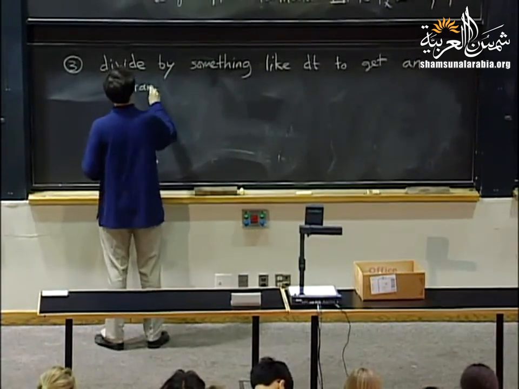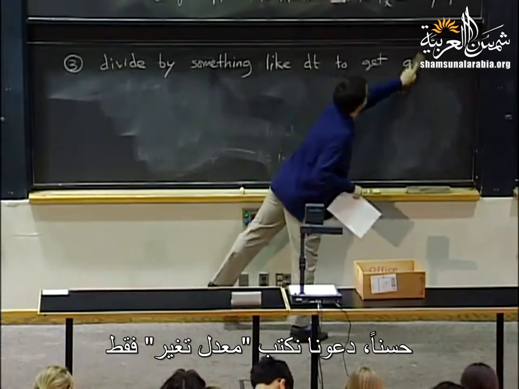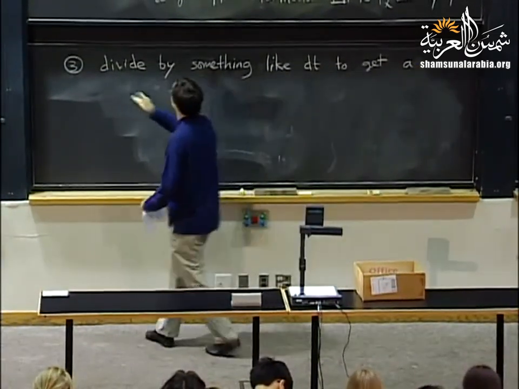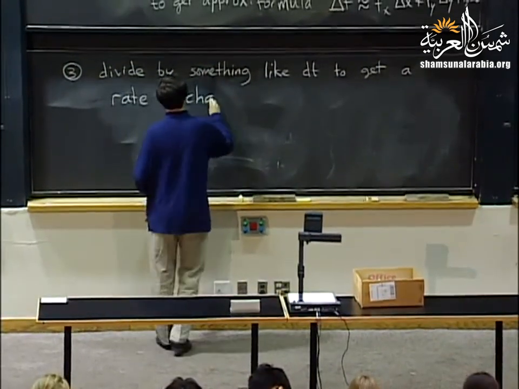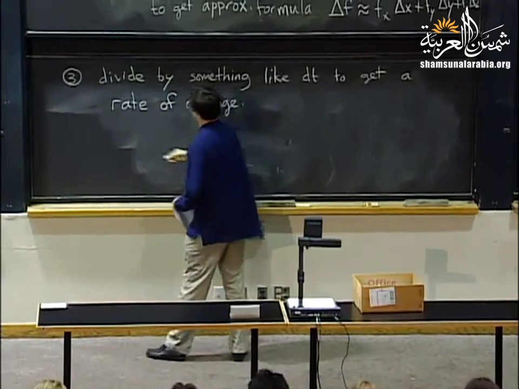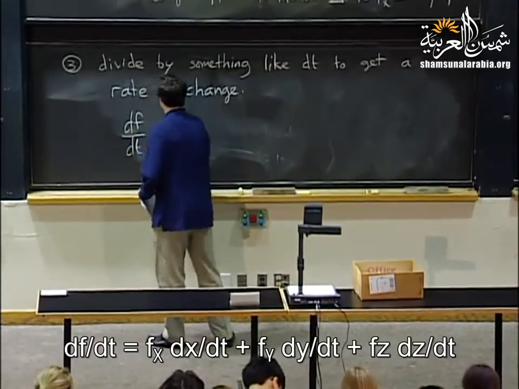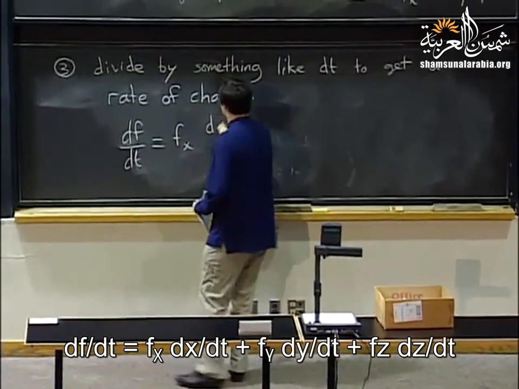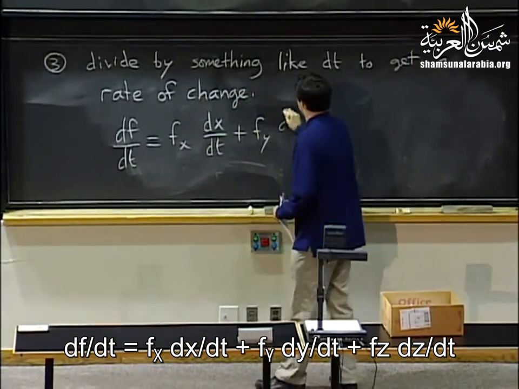For instance, well, let me just say a rate of change. Okay, so df dt equals f sub x dx dt plus f sub y dy dt